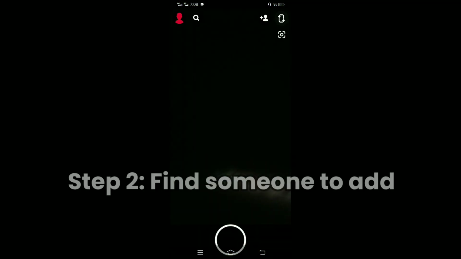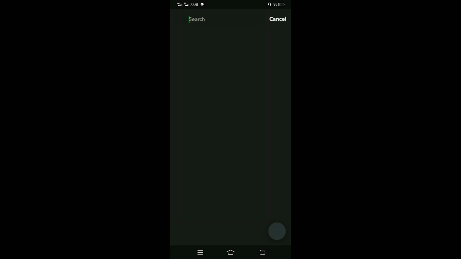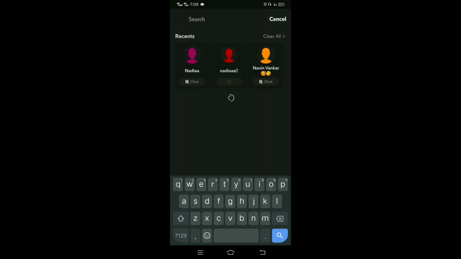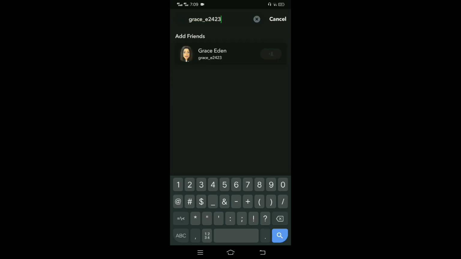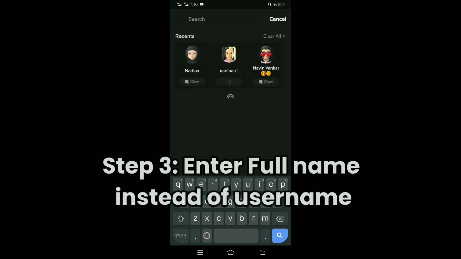And then after that, tap the search bar at the upper left corner. And then type the username of someone who you want to add on Snapchat. In here, you can see now Grace Eden, but before you add it, cancel the search and then type her